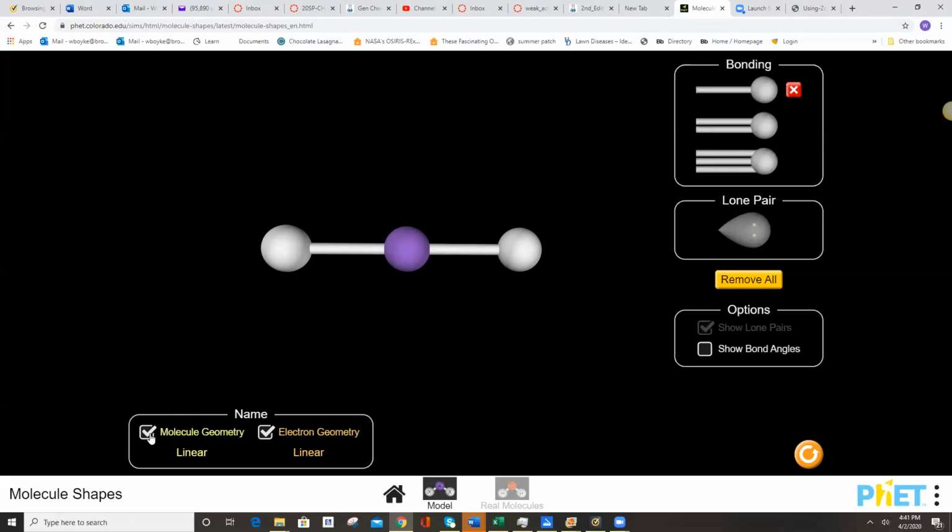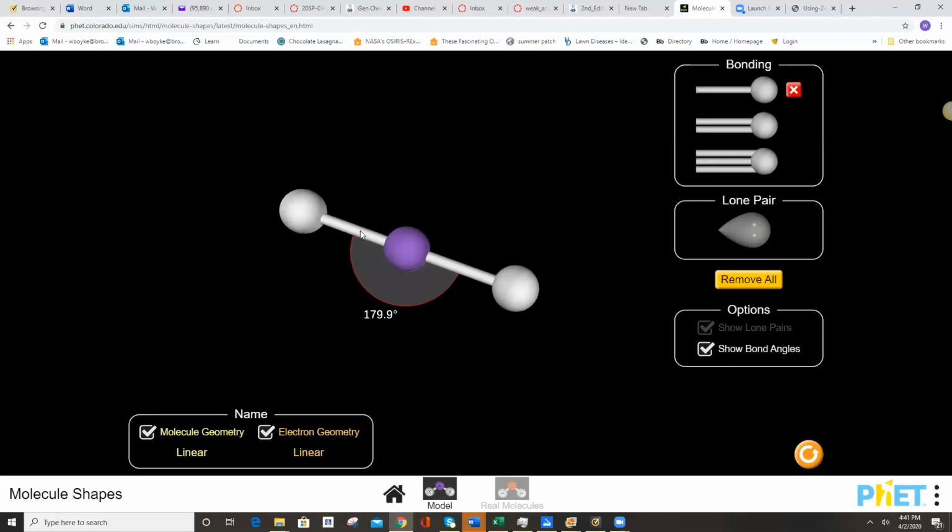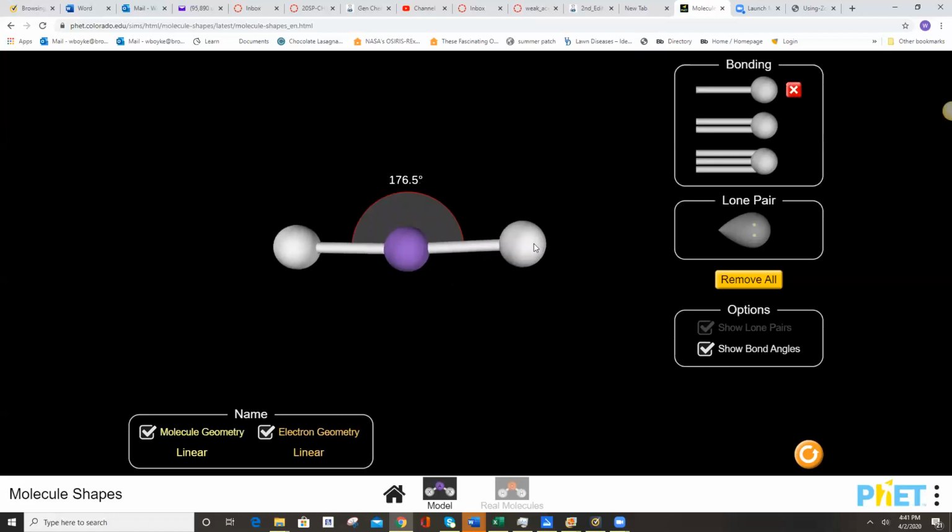Now right away, even without the bond measurement, anything that's linear, you should be thinking about this being in a straight line. If I show the bond angles here, bond angle refers to what's happening between outer, central, and outer. What is that bond angle? And even if I move the molecule, it's always going to come back to that 180-degree angle